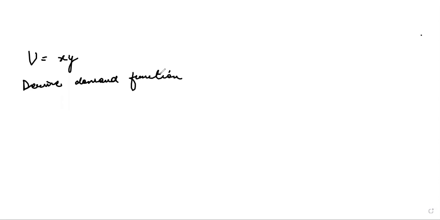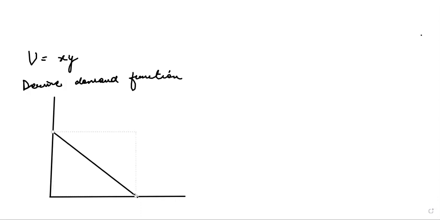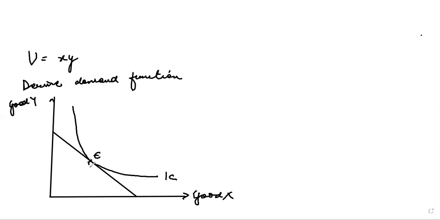are well-defined preferences. So for well-defined preferences, I have my equilibrium condition that if this is my budget line, and if I go ahead and make an indifference curve, then I know that this is the point of my equilibria. I'll take this as good x. I'll take this as good y. This is x star. This is y star. And this is obtained exactly at the tangency of the indifference curve with the budget line.